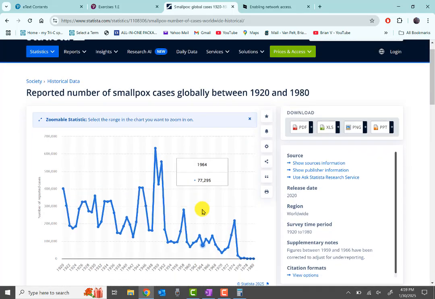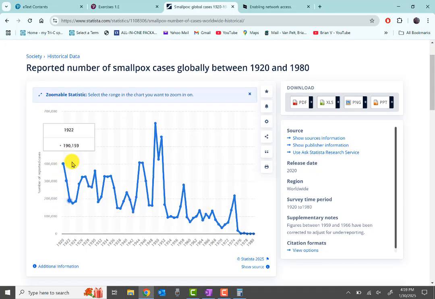But here, as you can see, it was up and down, up and down, up and down, all the way until it got to here. And then it dropped off quickly. I don't know if the vaccine came out in 76, and that must be attached to 76. Oh, that's 75. Then, oh, they tell you there. 76, 954. Once that came out, look at this. 0000 after that. Very effective vaccine.